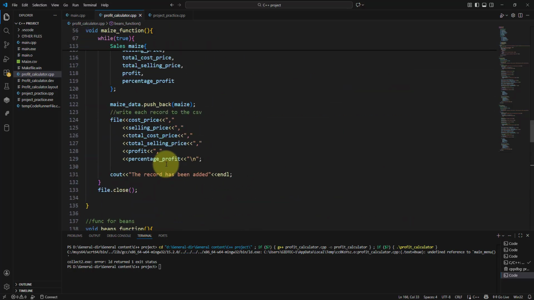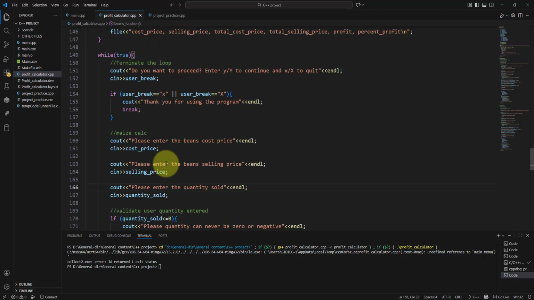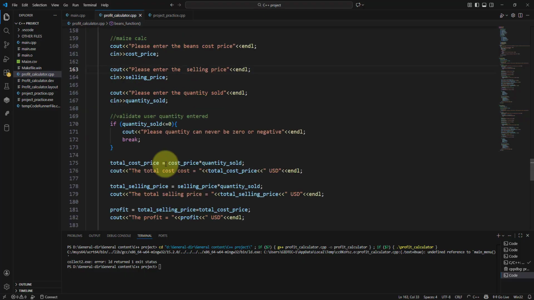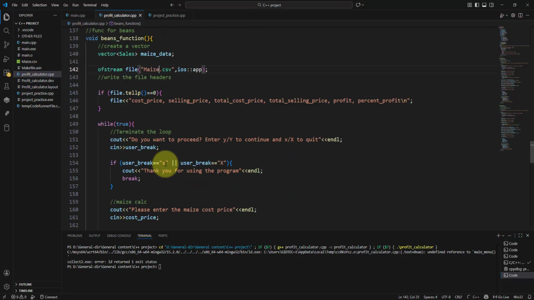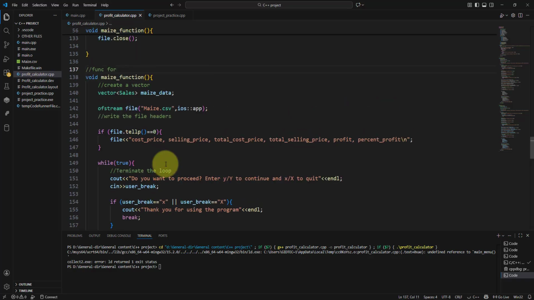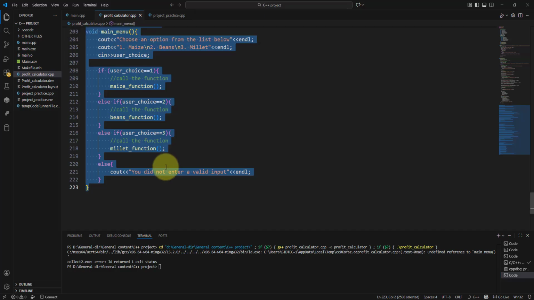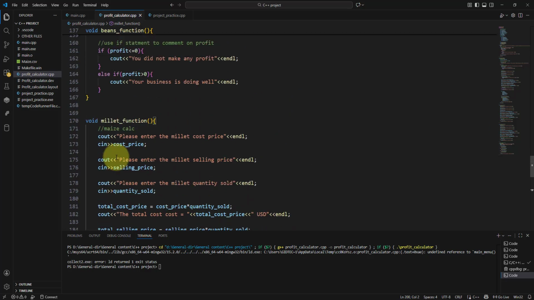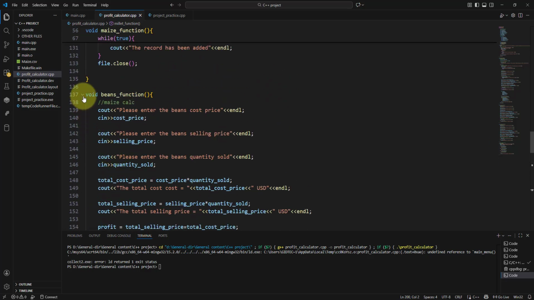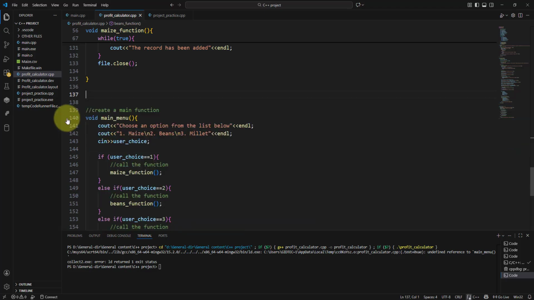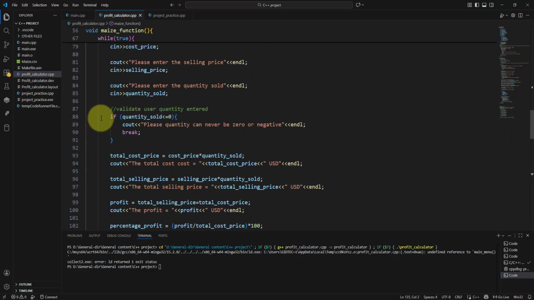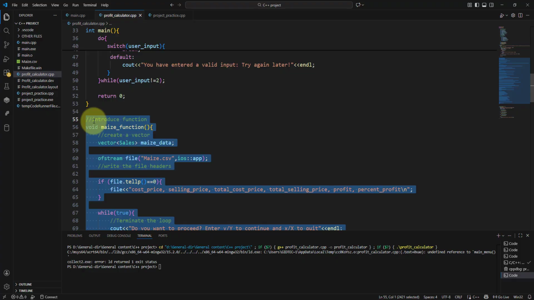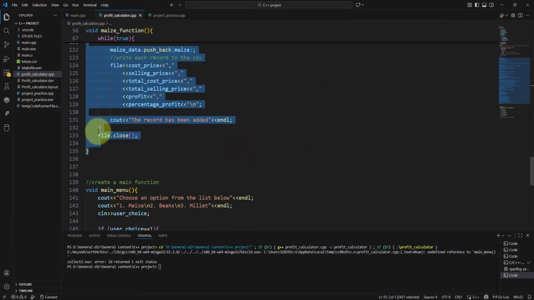Somewhere here. This is the beans function. I'll undo. Let me come back down, because down here there was a main function. Undo this, and undo this. So I also erased the main function. I was supposed to only erase these ones here, the millet and the maize and the beans function. Come and erase these ones here. So in case you are erasing, just scrolling down throughout, be careful before you erase even sensitive